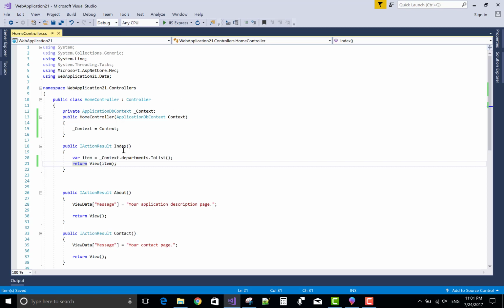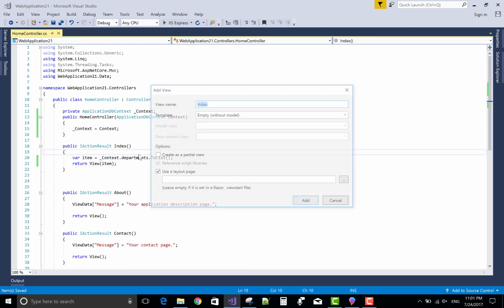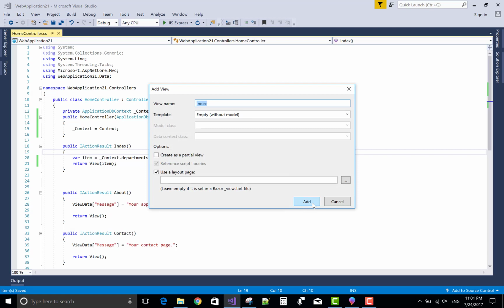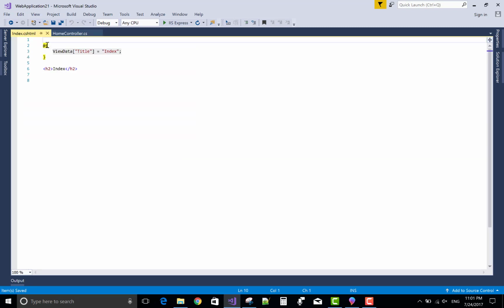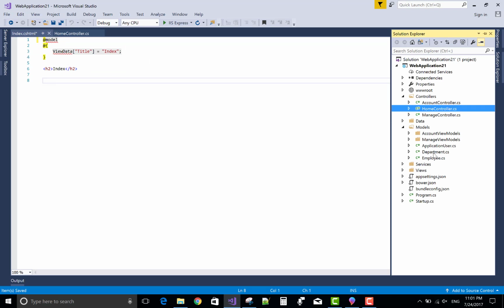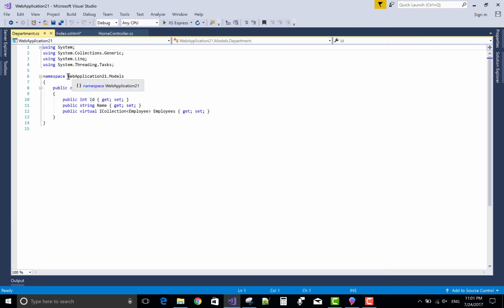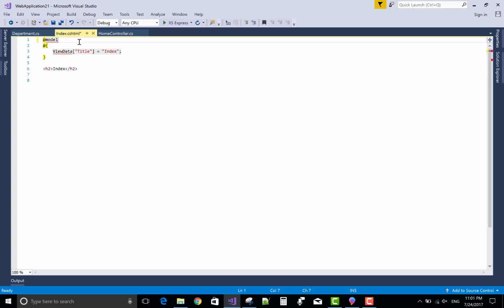Okay, now for the index method, generate a view. In the view section, here we pass a list type object, so use IEnumerable data type in the model, and by using the foreach loop, you can iterate all the departments as hyperlinks. In a tag helper, we have some attributes like asp-for and asp-route-id and many more things.